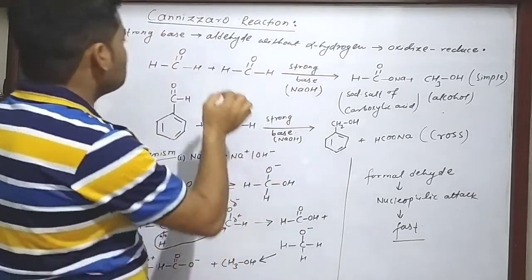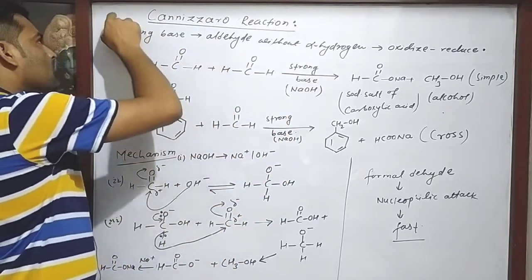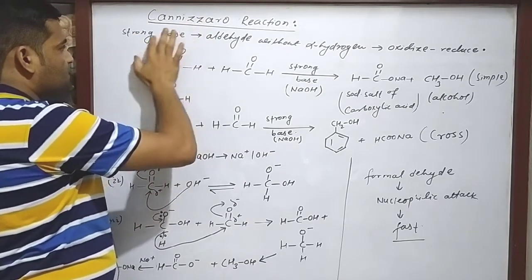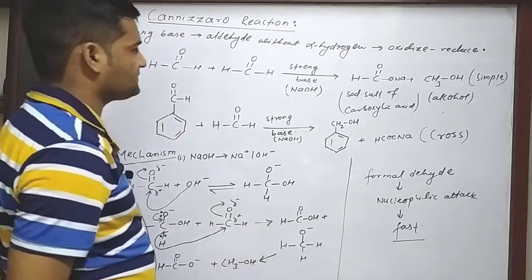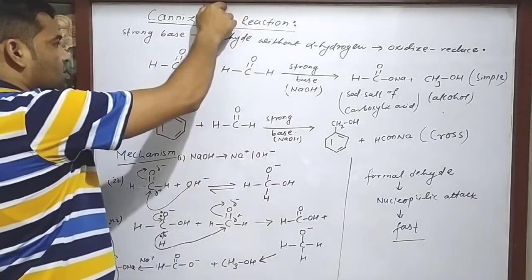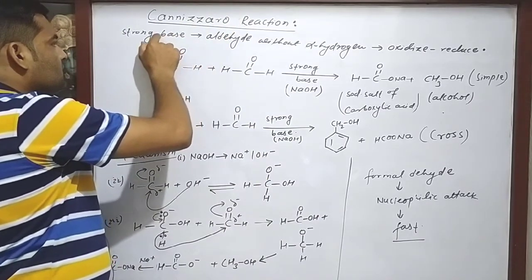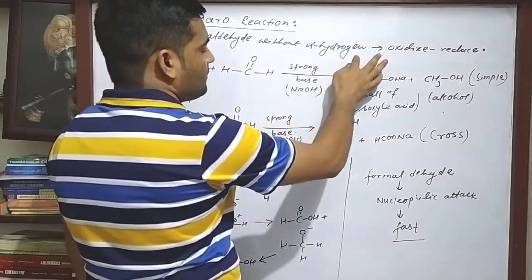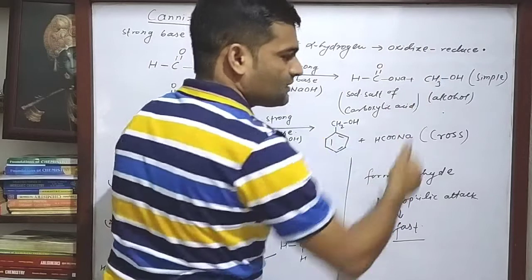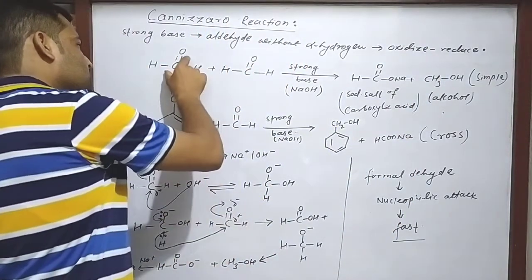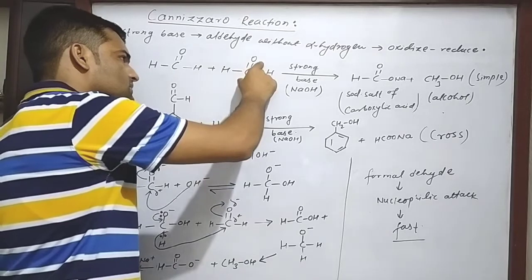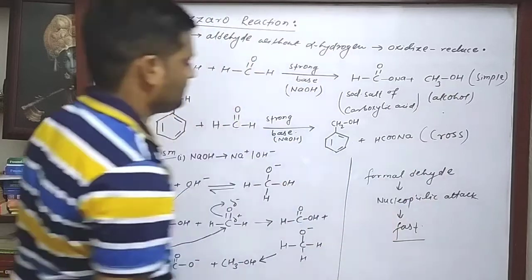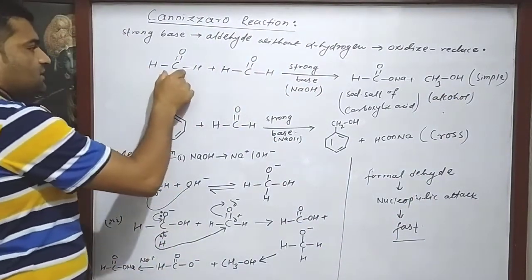Aldol condensation takes place in presence of a mild or weak base, but this Cannizzaro reaction takes place in presence of a strong base. And what is the Cannizzaro reaction? In presence of strong base, an aldehyde without alpha hydrogen undergoes self oxidation and reduction. Means in one molecule there is oxidation, in another molecule there is reduction, to give the salt of a carboxylic acid and an alcohol molecule. And suppose we take formaldehyde,